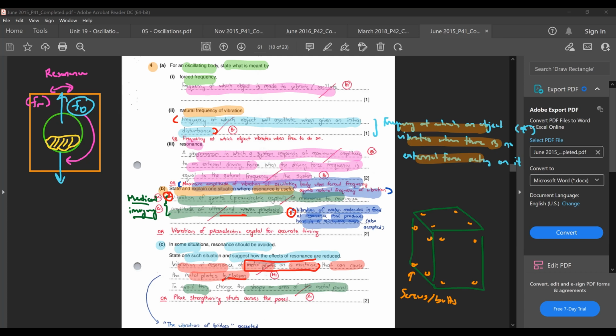An example of that is your washing machine. So if you don't want the metal plates on your machine to loosen, you make sure resonance does not happen in the first place. What you do is change the natural frequency so that it will never come to a case where driving frequency equals natural frequency. How you do that is you change the shape or area of your metal plate. This will cause your natural frequency to change. Another thing you could also do is place strengthening struts across the plate. What this means is that you just put some sort of bar across it